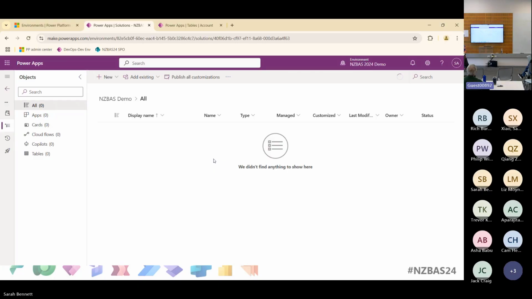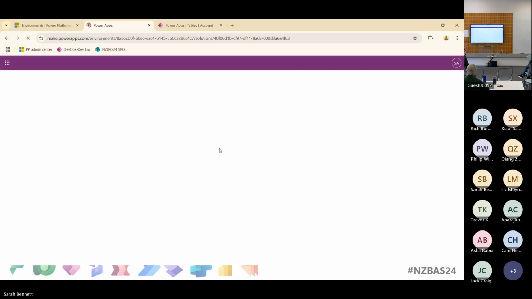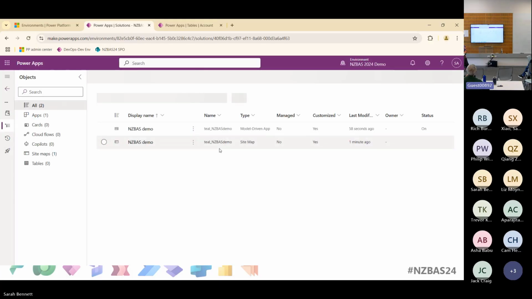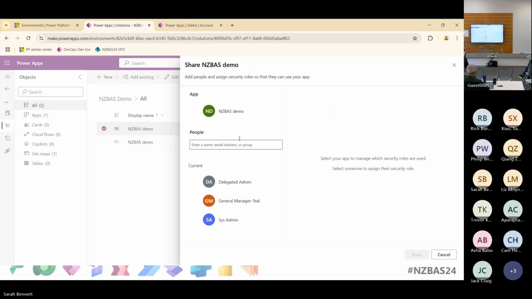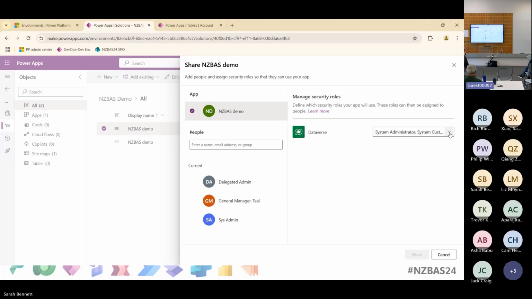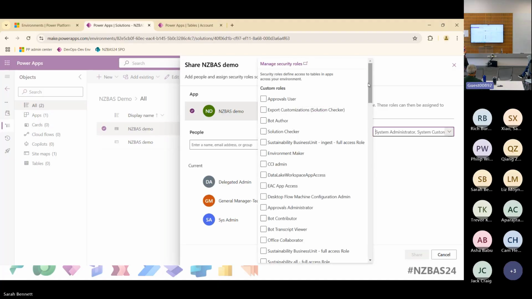Now I'm going to share this app with the user. I'm logged in as a global admin here doing all of this stuff, but my user is going to need access to the app. So I'm going to share it with them. And I'm also configuring some security roles here. Out of the box,